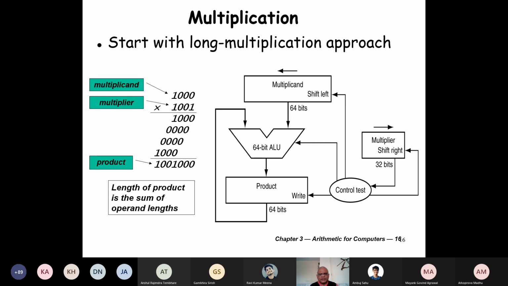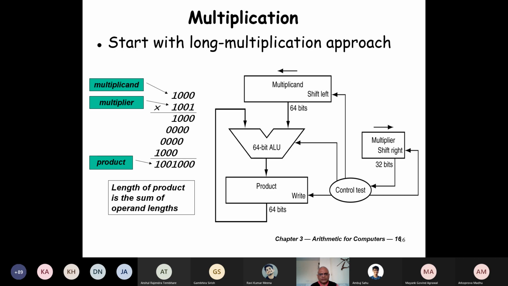If the two signs are the same, then we'll put it as positive. So the last bit will keep it as 0 or 1. Otherwise, it is the same as the unsigned number. Is it okay, Ambuj? We'll first discuss the unsigned multiplication. Okay, good question.